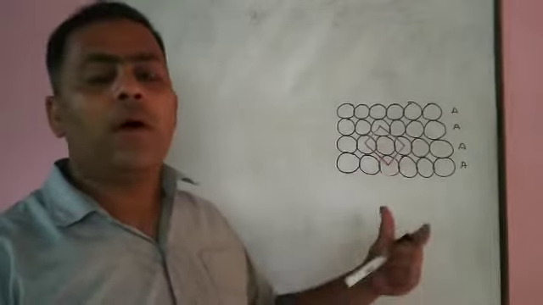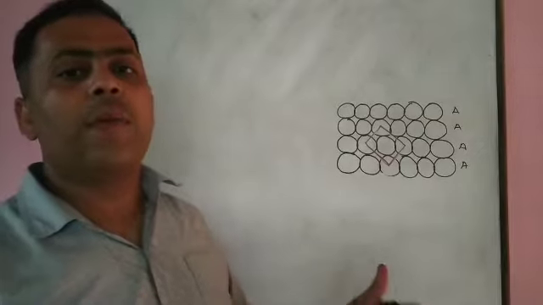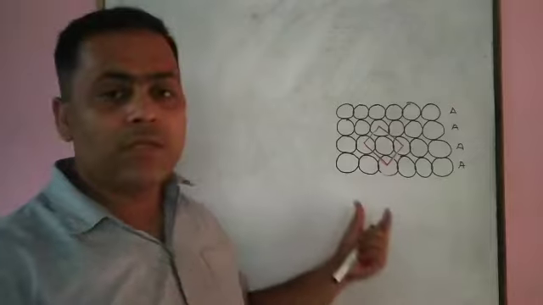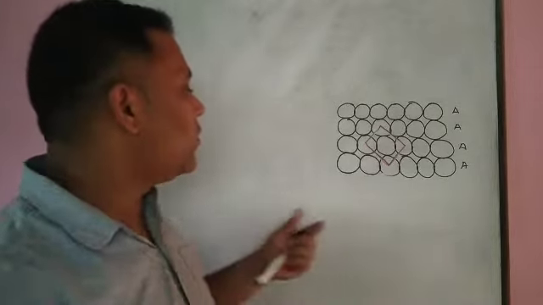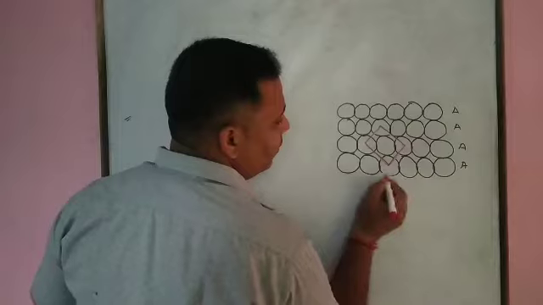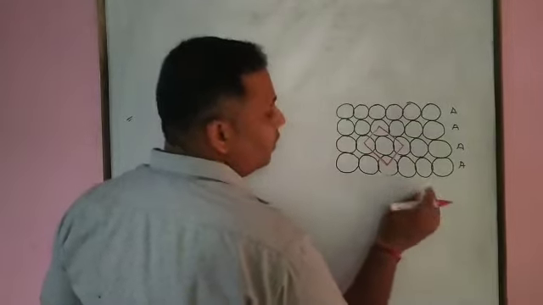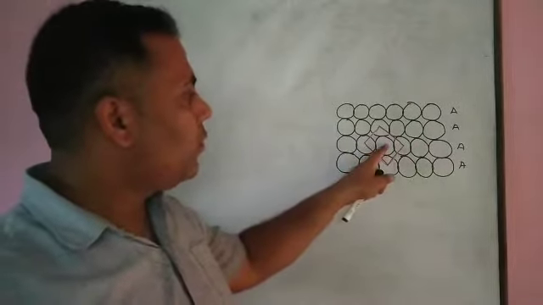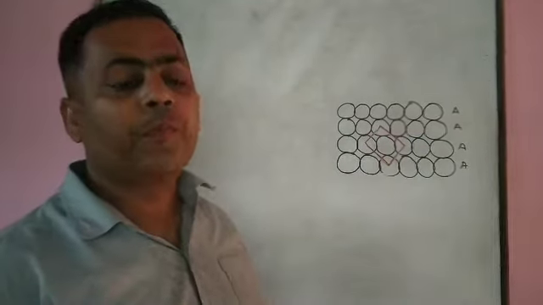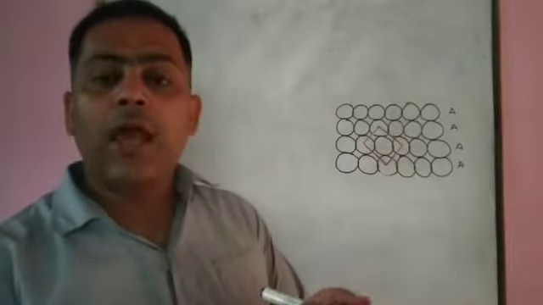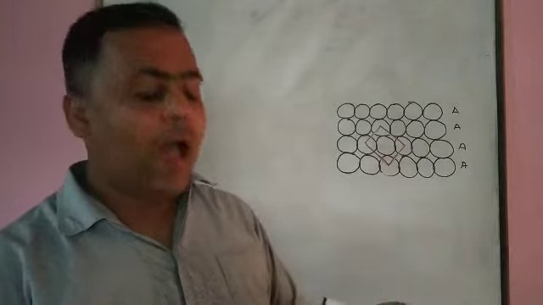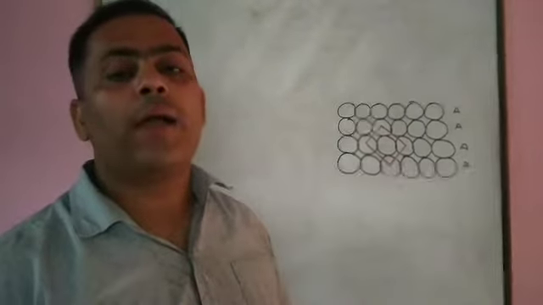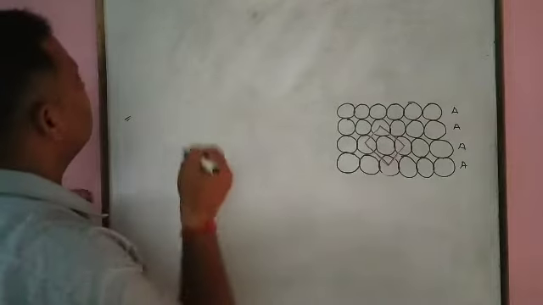Next, we have also discussed hexagonal closed packing in two dimensions. How is that one? It means if you are placing the second row in the depression of the first row, if you are placing the sphere here, like this, then that is a hexagonal closed packing in two dimensions. What we have here is the square closed packing in two dimensions. Now we have to discuss the closed packing structure in three dimensions.